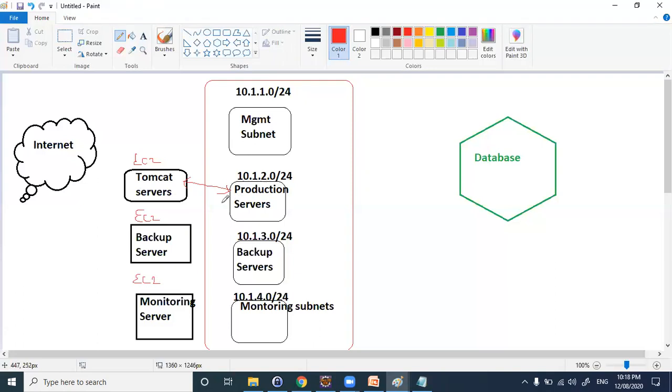One subnet you will keep only as a management subnet. Whatever traffic is coming to this management, you will make it a public subnet, and the remaining will all be private subnets. And you have your database. Normally the database will be in RDS. So what will happen?